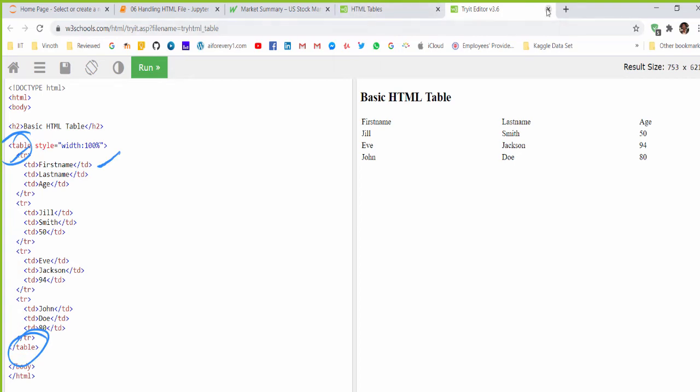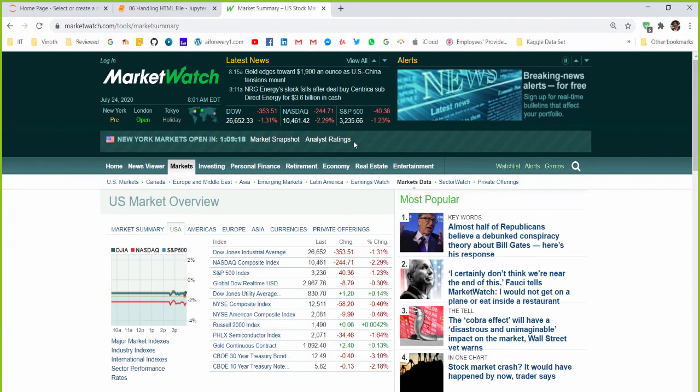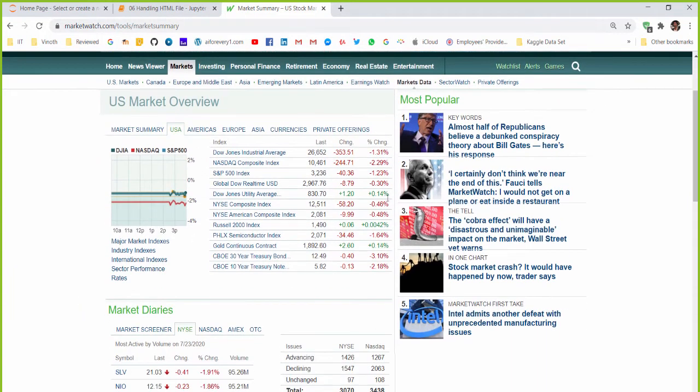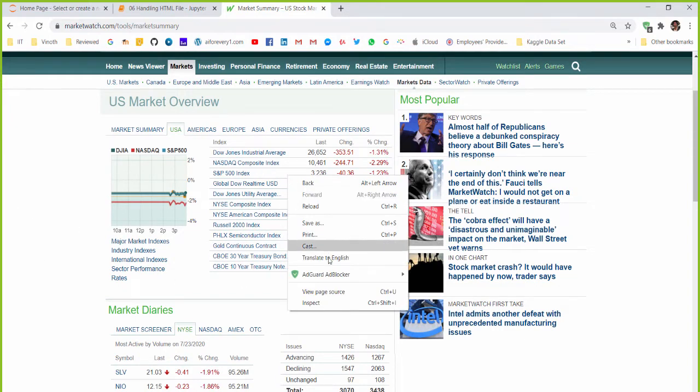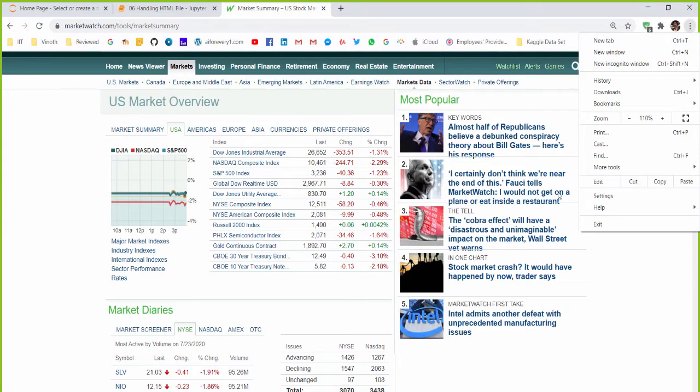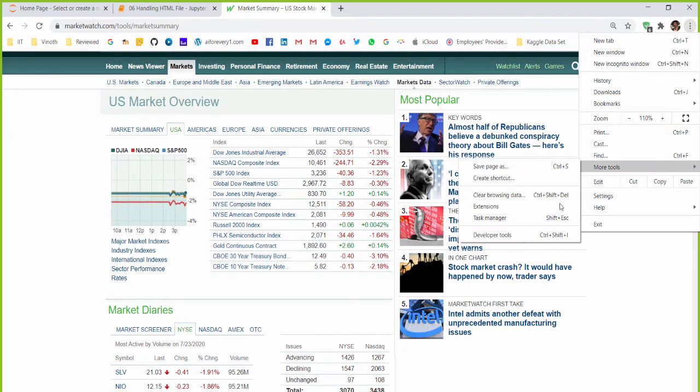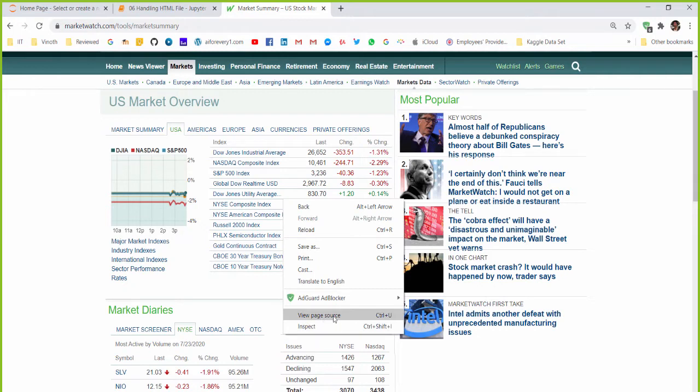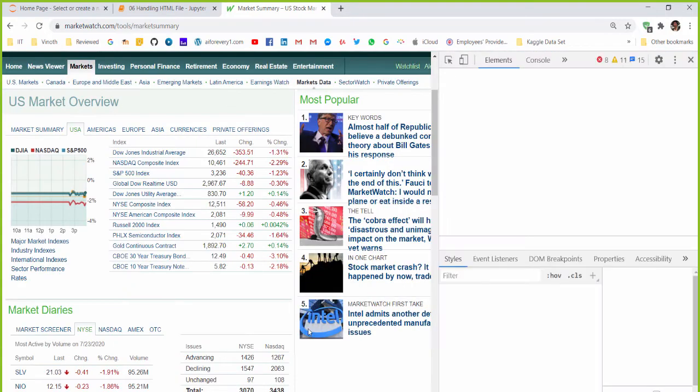With this knowledge, how do we identify the web table? When you consider this particular page, our aim is to identify this particular table. For that, just right click above the table and select inspect. This is nothing but the developer tool. Another way is to press F12, which is a shortcut. If not, you have to go to more tools and you will find the developer tools. Anyway, you can choose. Don't go with view page source, as it will not be in the right format. So try to go with inspect.